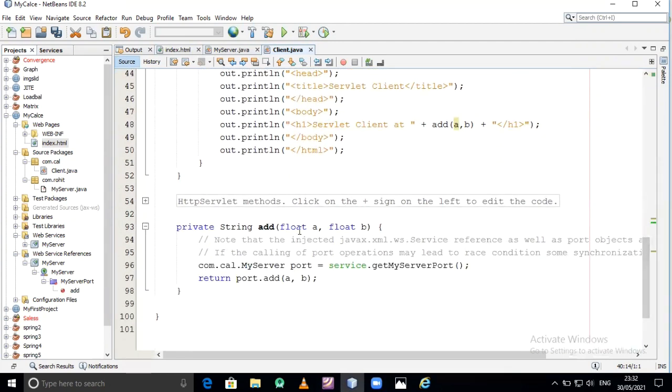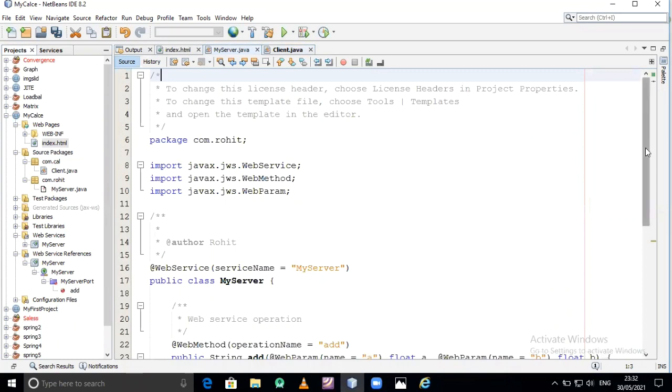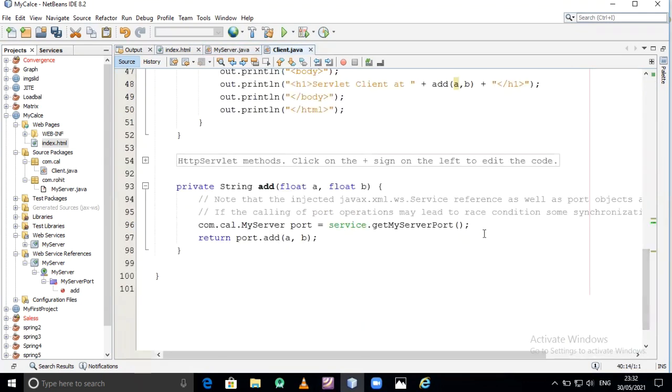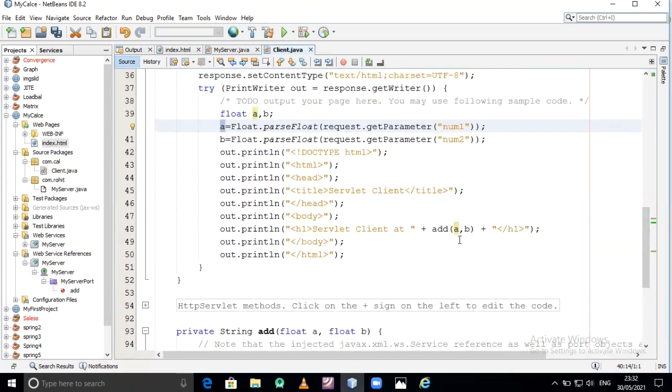This value comes over there, float a and float b, and again it is passed to my server. In that the actual calculation is available. Here a value is coming, here b value is coming, the result is calculated and returned to this add function, and again this add function returns the result to this particular function, and here I am getting our actual result.